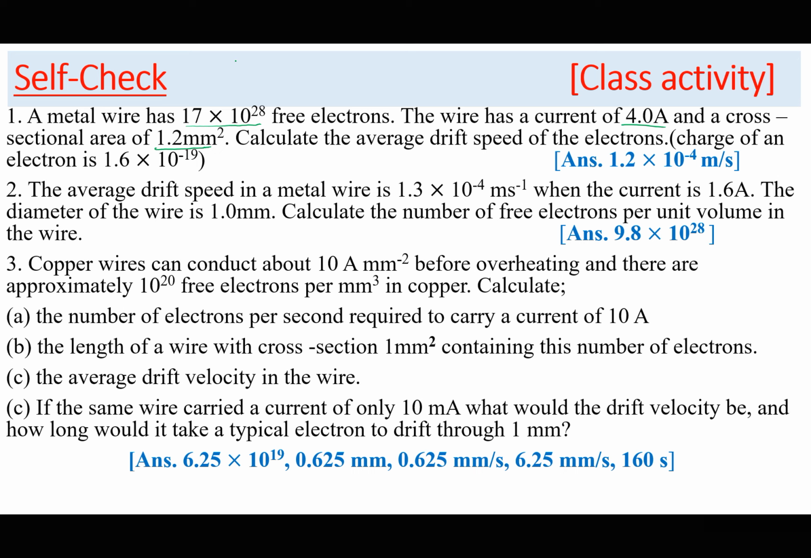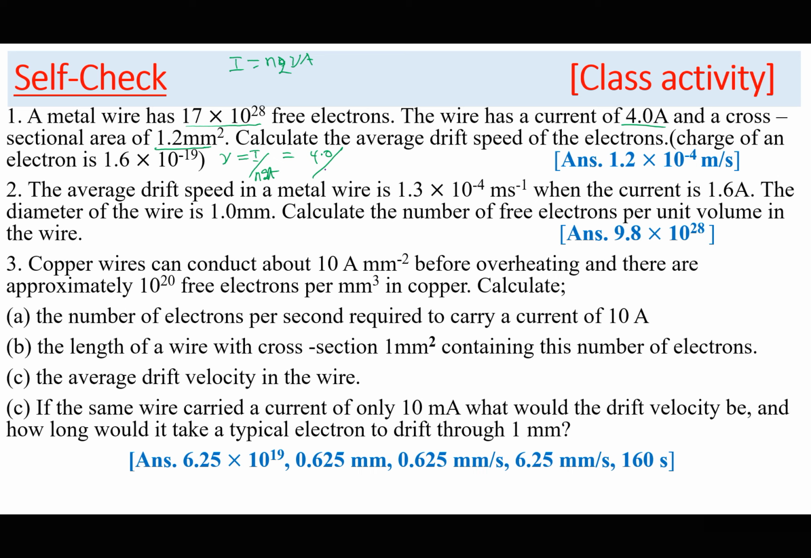Remember, we have said I equals nAvq. So the average drift speed v is going to be equal to I, current, divided by nqA. So I'll just substitute. This will be 4.0 divided by,